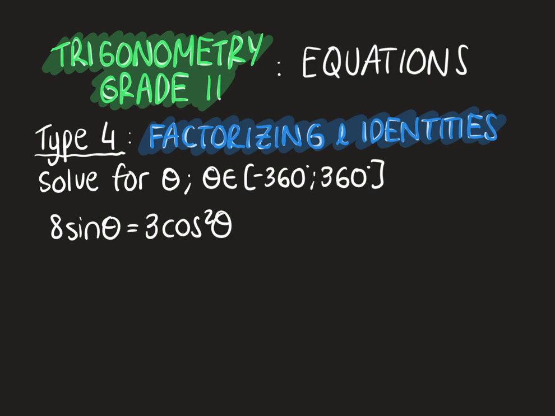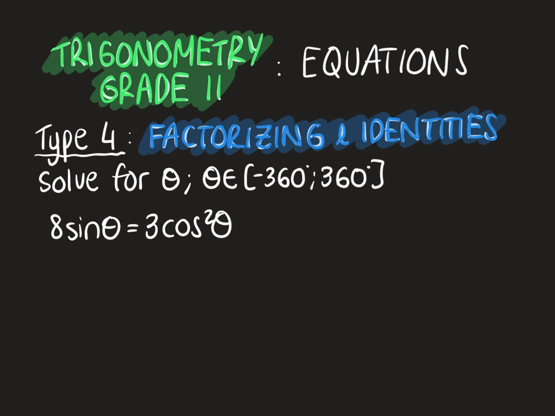So what we're going to look at first, obviously we've got now a sine theta and a cos squared theta. Now remember in the previous videos we were explaining to you guys, okay, cool, if we have sine and cos on both sides, we have to look at the angles if they're the same or not, because that'll determine whether we're using tan method or co-ratio method. But here at the moment it's a sine theta and a cos squared theta, so they're actually two different functions. So we have to rather look at our identities and factorizing techniques for these types of questions. When the squareds come into play, that's kind of the giveaway that we need to start looking at these type